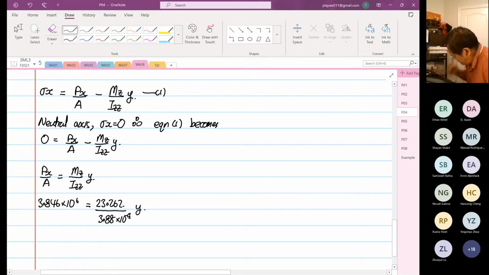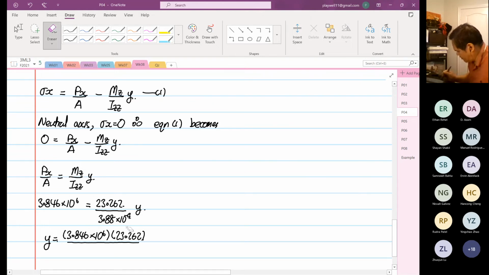Then with a y, the y over here will be equal to 3.846 times 10 to the power 6 multiplied by 23.262, and then we're going to divide by,